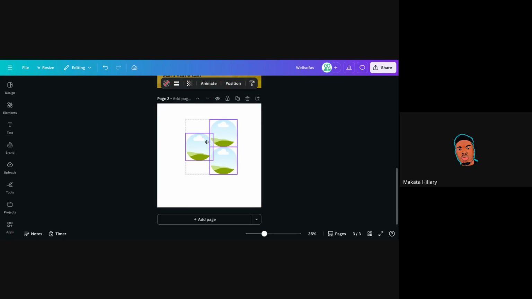Like you place the abacha on this frame, you place another food on this frame. So you have to make sure to use the frames during the design. There are various ways you can place the frames. You can decide to do it like this. You understand? So you just make sure to use the frame so that it's going to help you to align